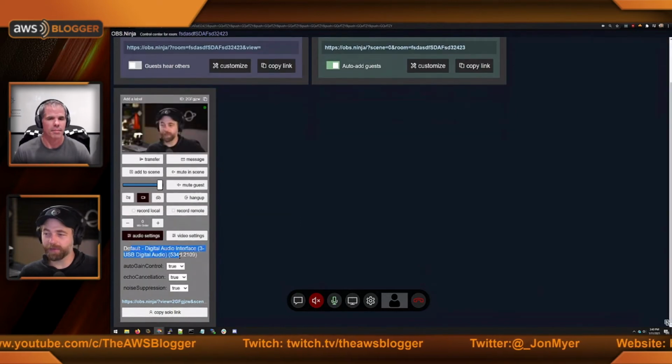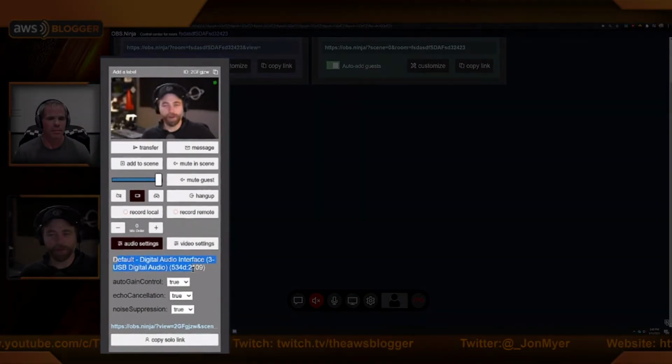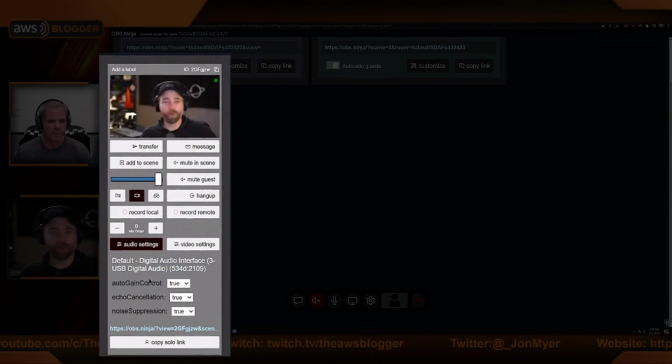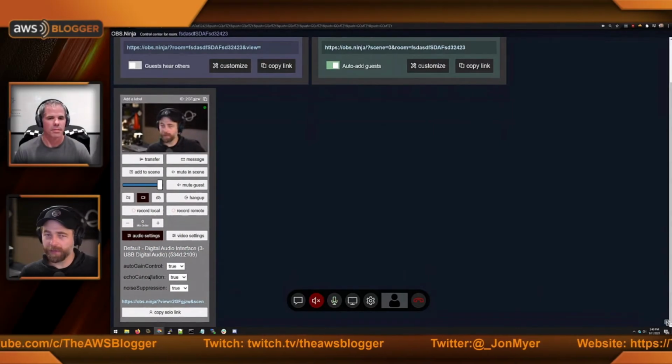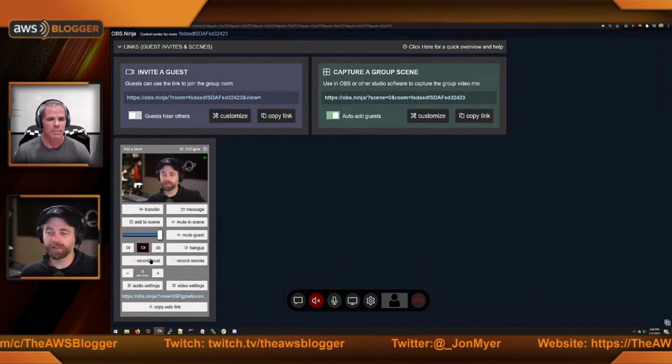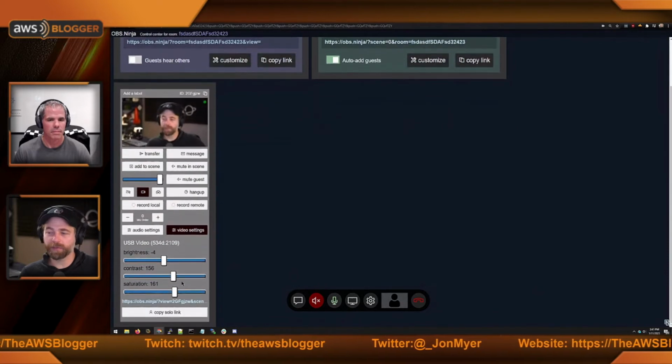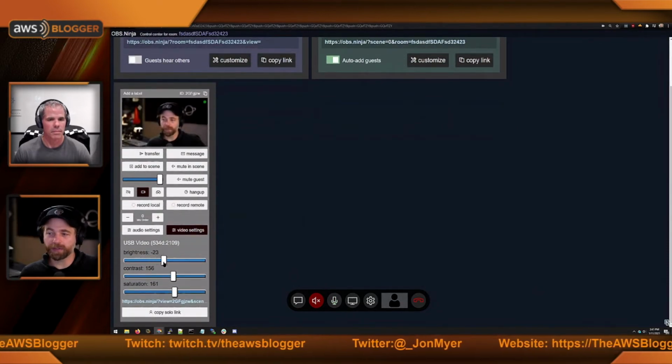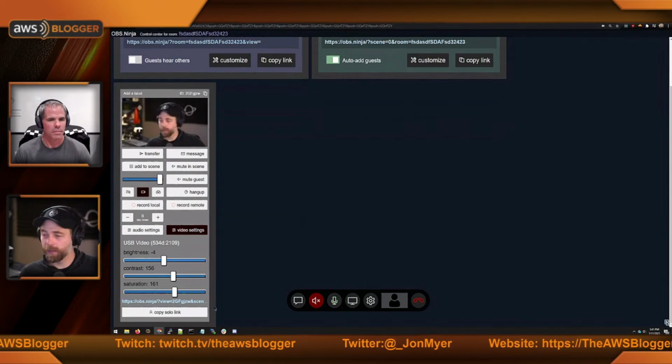As I mentioned, we have audio labels now. So if you have more than one audio track, you'll see which devices are selected. Although in version 15, you only have access to remotely controlling the settings for the first track. It's going to be a little bit more time before I can add support for multiple tracks. Same thing with video. You still have remote control over brightness and settings like that.